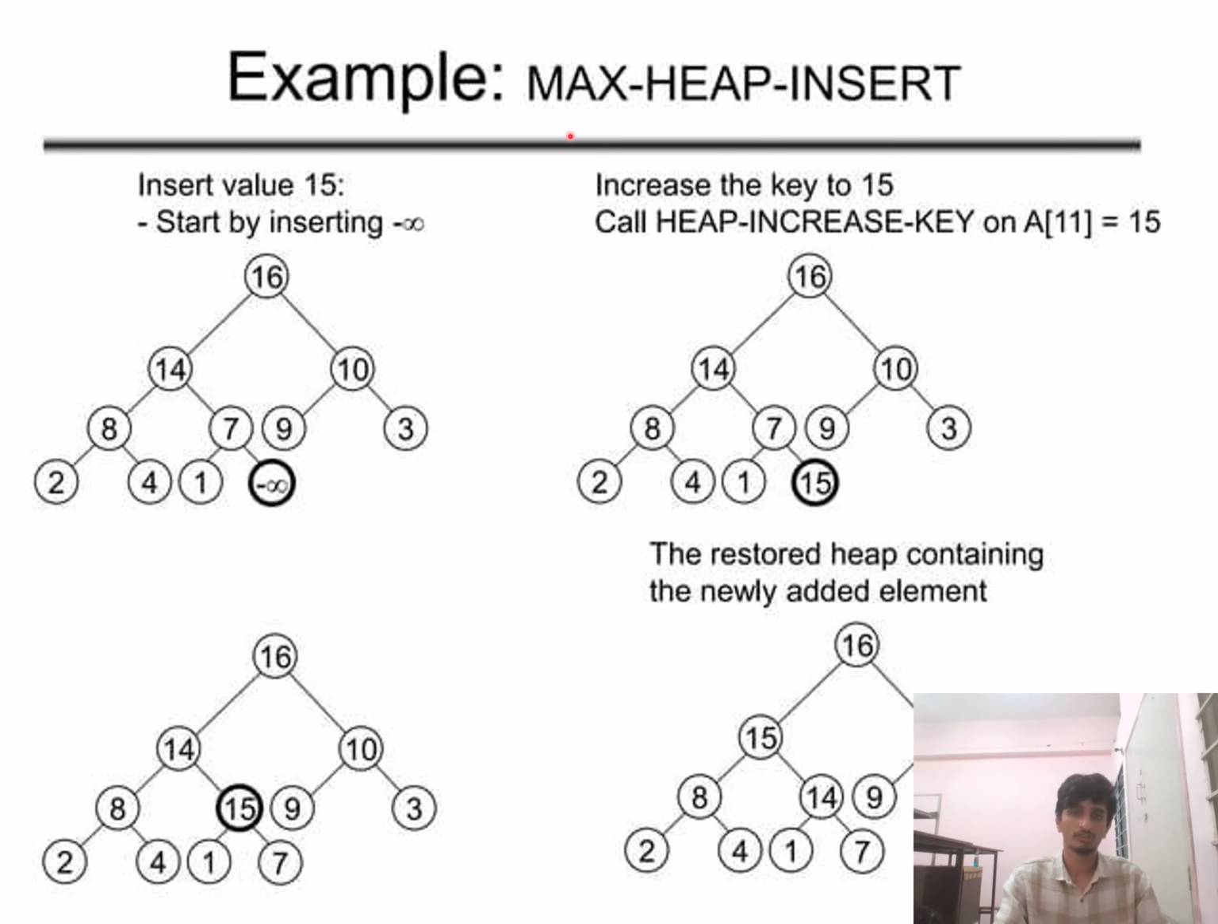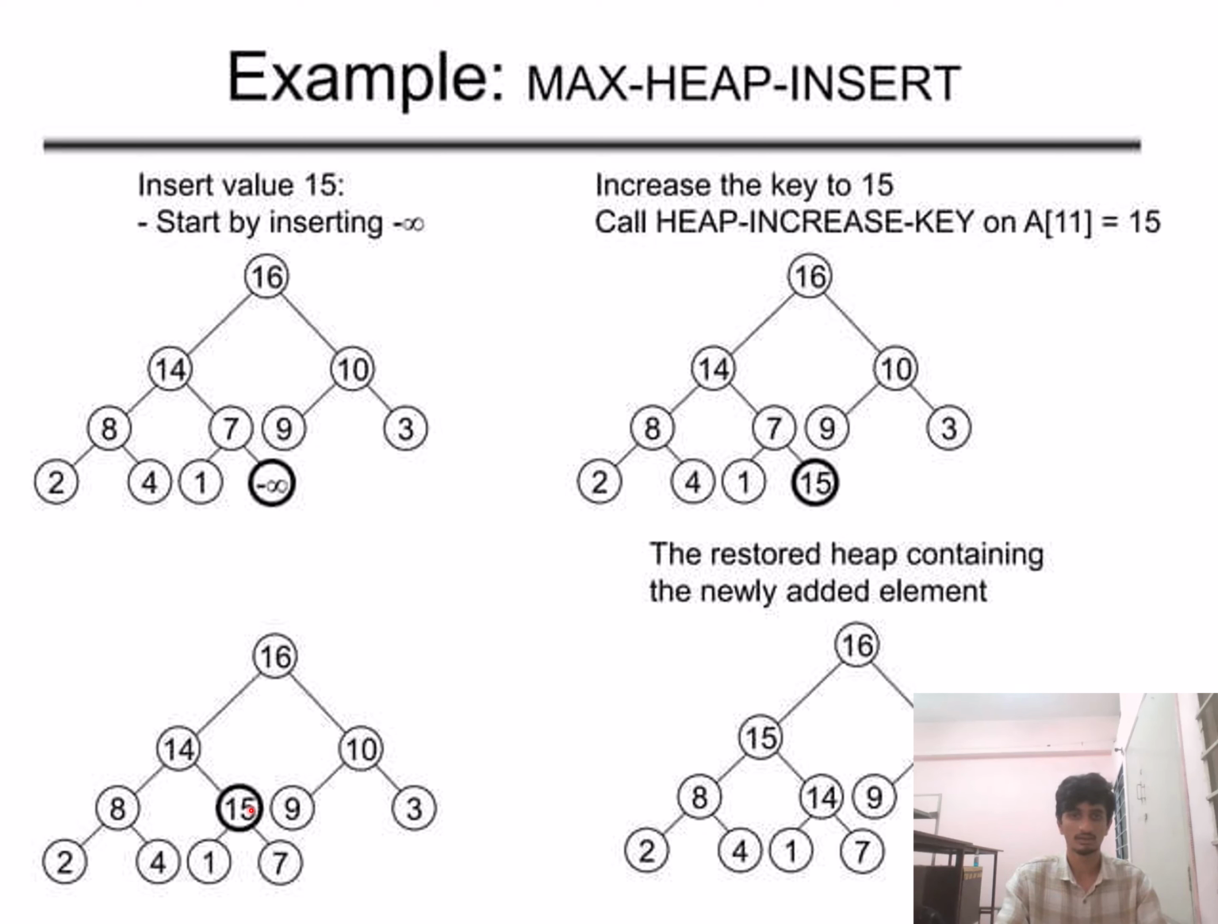For example, for inserting a value of 15, first we will start by inserting a value of infinity at the lowest point of the heap. Then call increase key as A of 11 is equal to 15. 15 is given. Here we can see that 7 is lesser than 15. It does not match the heap property, so it is